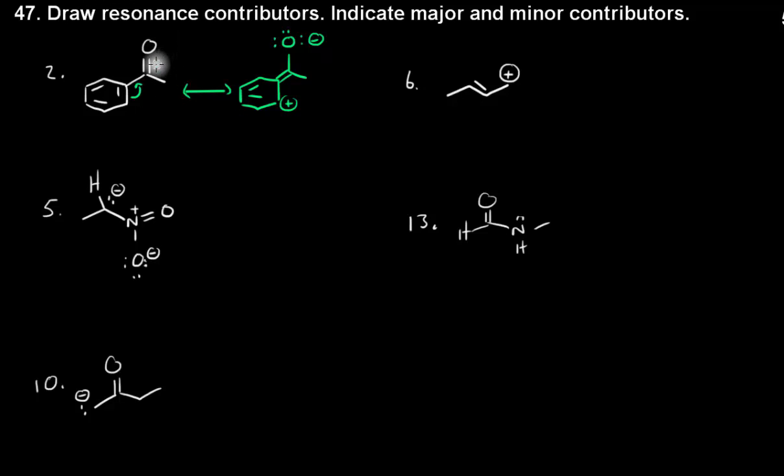Let's go through a less stable resonance contributor possibility. Sometimes what I'll see is students like to draw this kind of thing where you have the carbon-oxygen double bond being broken, but instead of pushing electrons up to the oxygen, sometimes they'll push them onto the carbon bond. So again, kind of doing the same thing where we're making this carbon-carbon double bond, but we're just going the opposite way. There's nothing wrong about this as long as we break our second bond. Okay, so we're making a bond. We're going to go ahead and break another bond. Let's break this bond right here. So what we'll do is draw a resonance form from that,